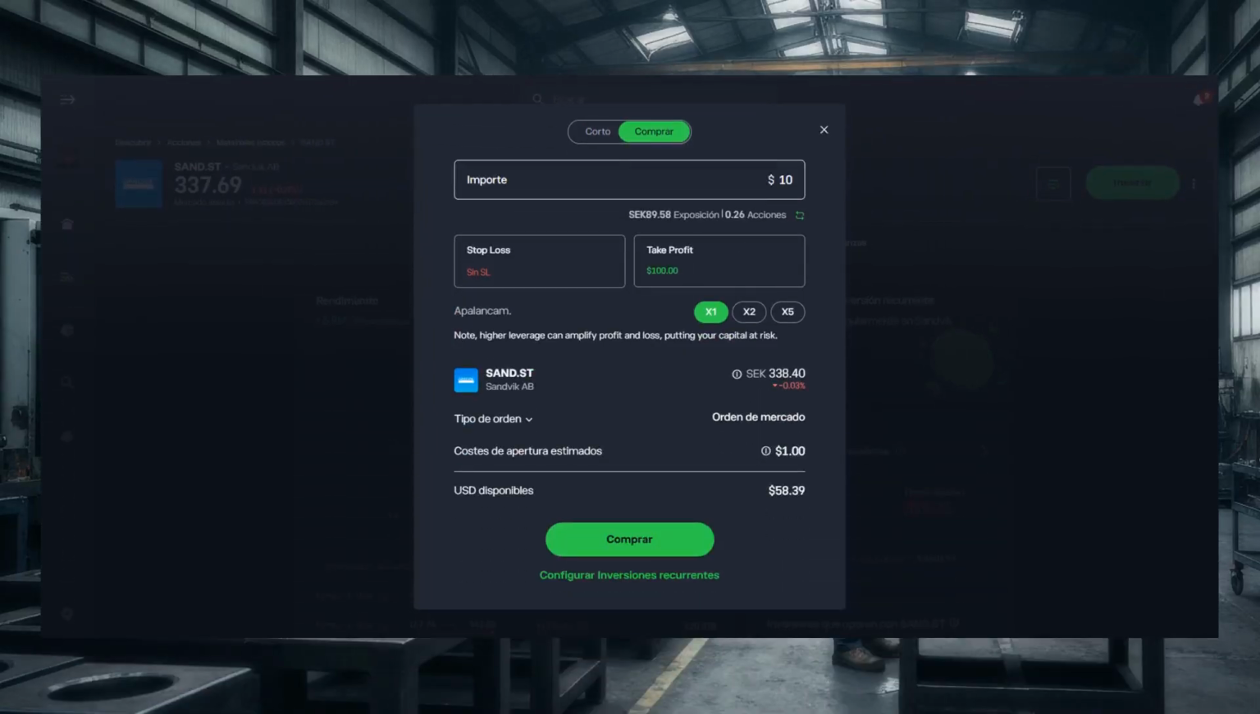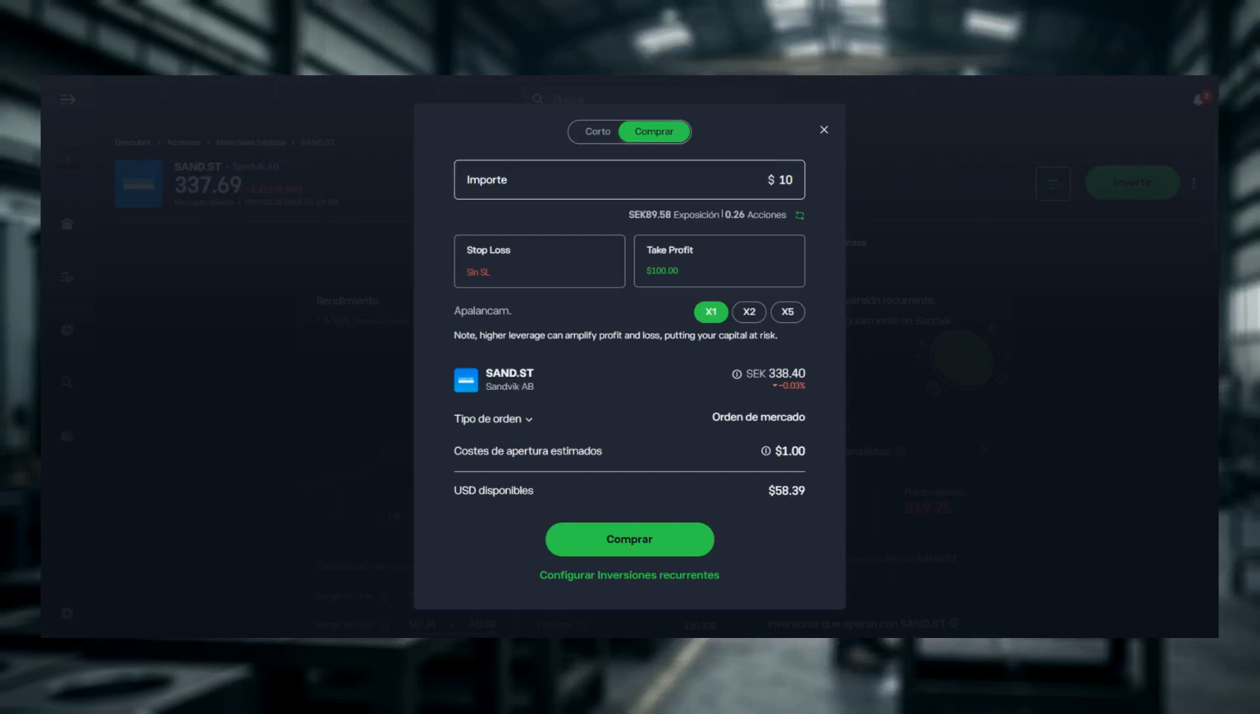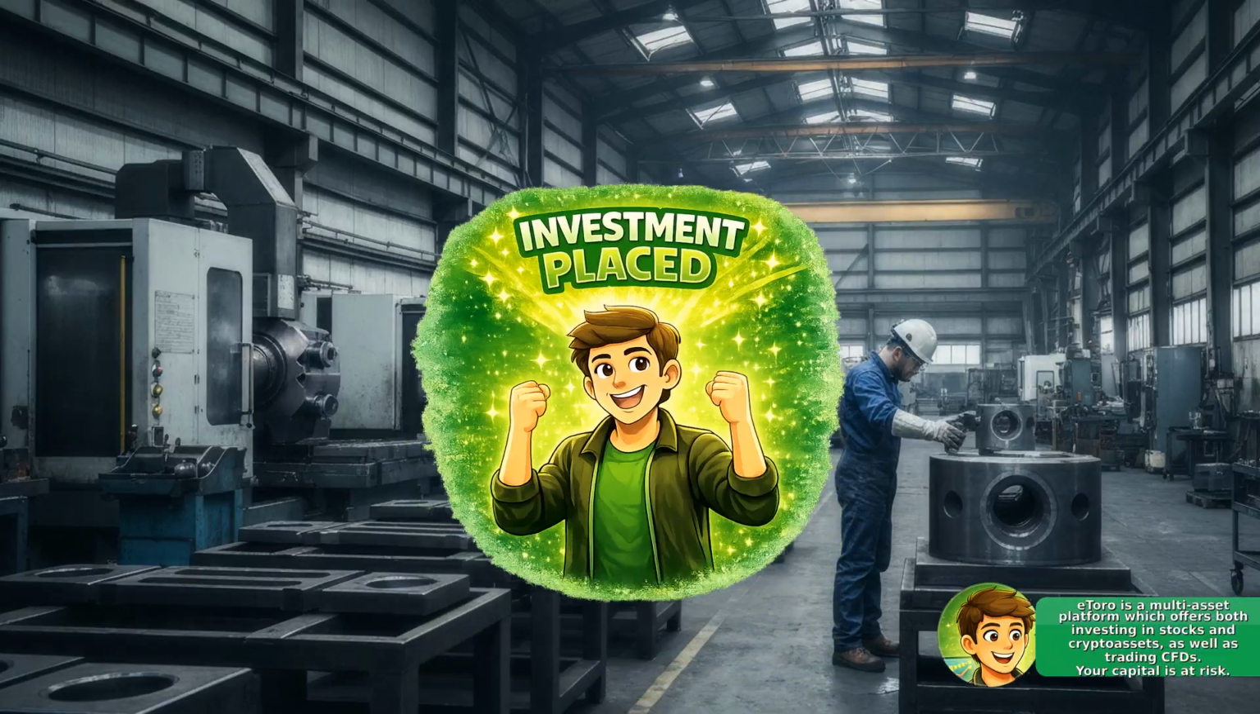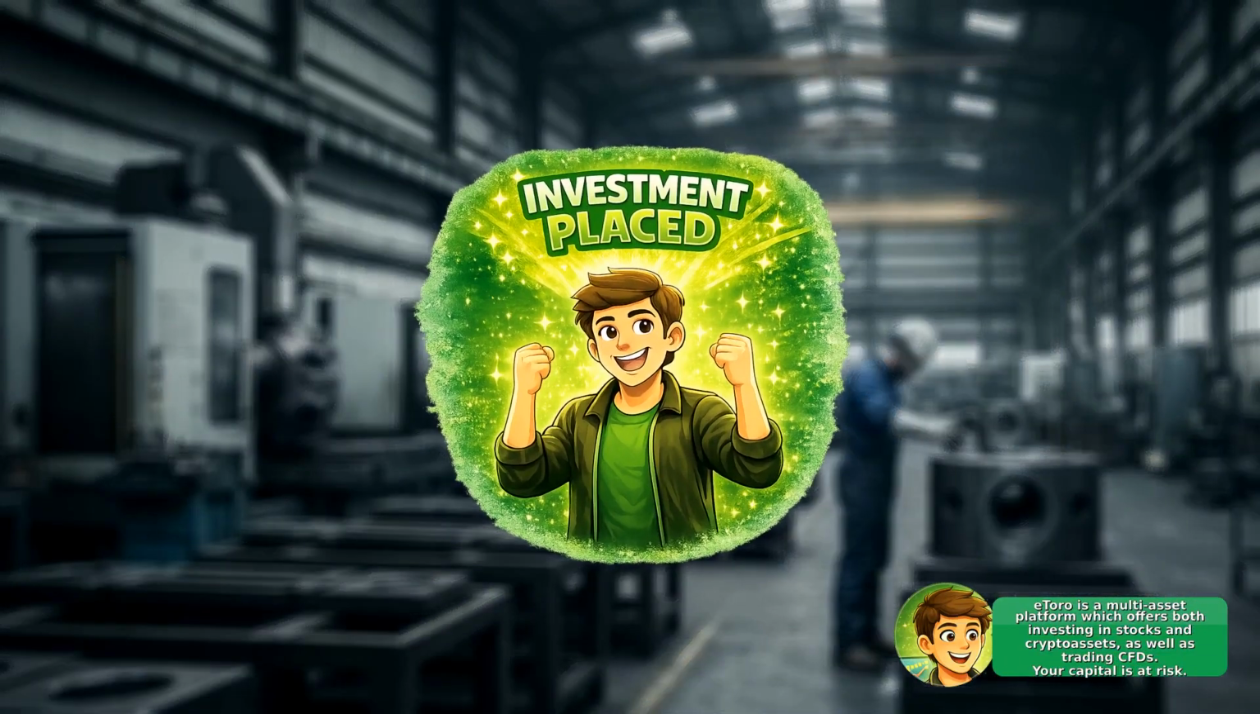Tap Invest or Buy, choose the amount you want to allocate, and review the order details carefully before confirming. If the market is closed, the order may be scheduled or pending, and if you have insufficient funds, the platform will prompt you to add money before the trade can complete. Once executed or scheduled, your Sandvik position will appear in the